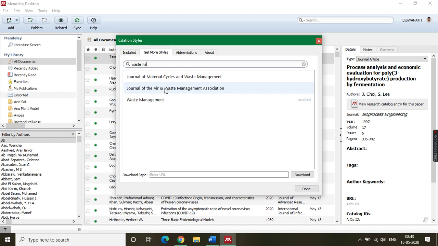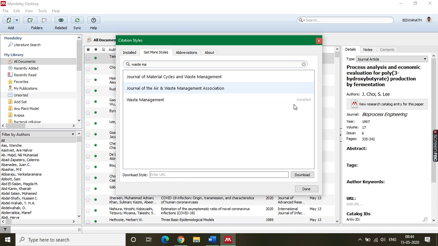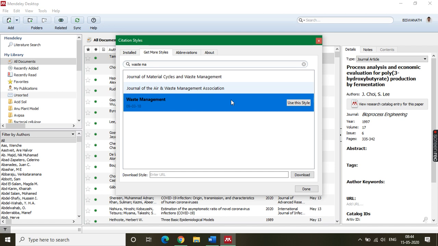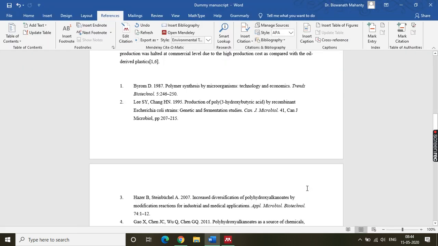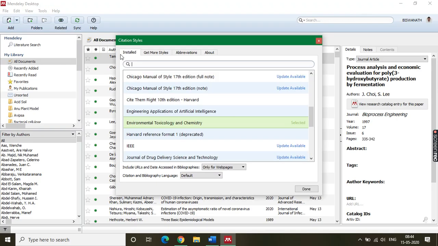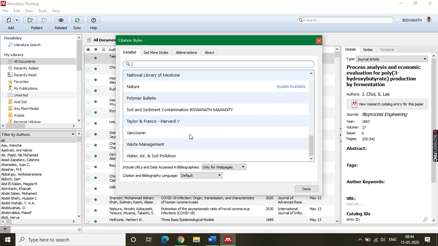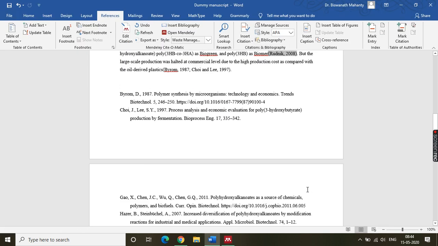Okay, Journal of Air and Waste Management Association, Journal of Material Cycles and Waste Management, simply Waste Management. I want to use this, so I'm going to get the style. Very quickly it is installed. Use this style. First time it will probably not change, but now when I go, it will be there in my installed Waste Management. It is there. So now I will use this style, it will be done immediately.